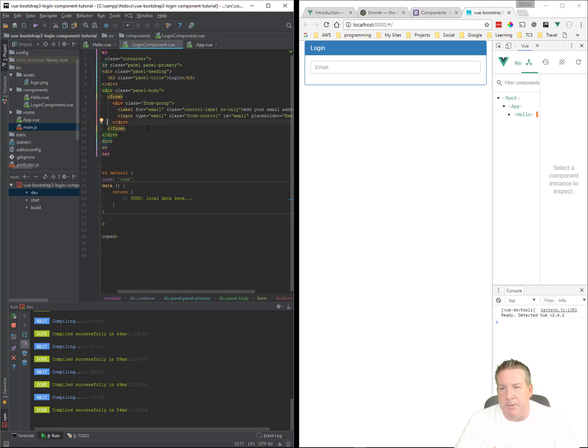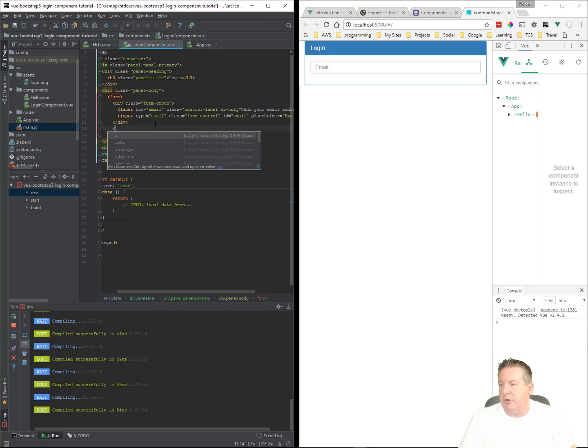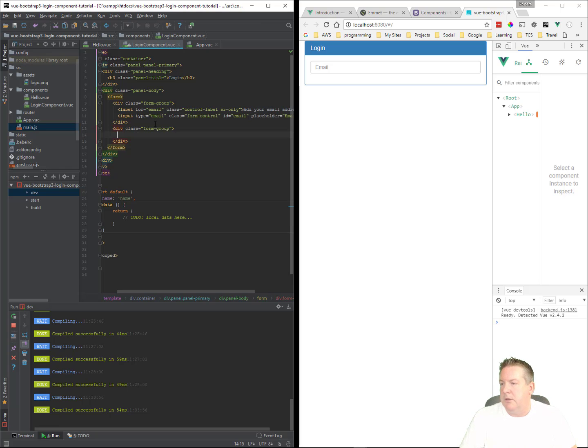Okay, so now we've got our email, and we just need to create another form group, because each of these is a form group in Bootstrap. So we're just going to do div.form-group, tab. That's that Emmet. We can do label, and Emmet will automatically do our for us. So I can do password,